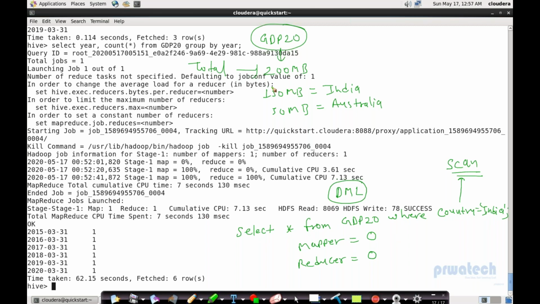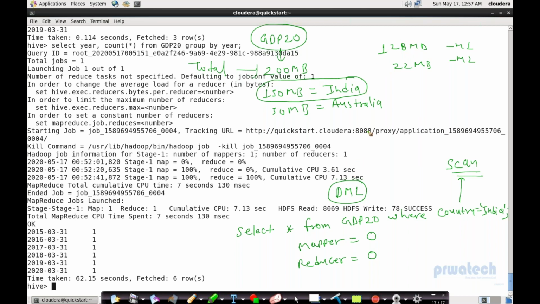So people who have answered 2 mappers and 0 reducers, I understand your internal thought process. You're going in the right direction, but the direction is a little bit wrong, because you made a number of mappers based on this. You said if it is 150 MB, then 128 MB is one mapper and the other 22 MB is another mapper. So, partially right, let's say you're partially thinking right, but